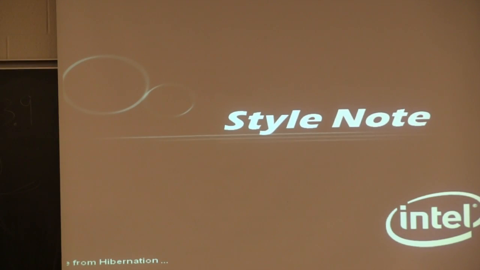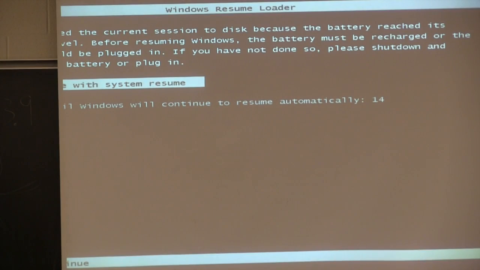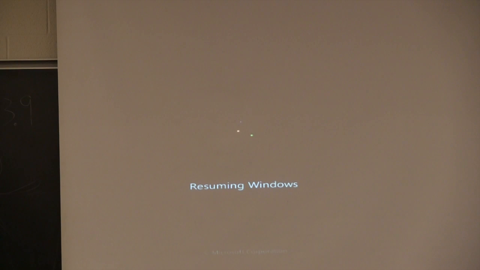Now, if this was a Lisp machine, of course, it would have already been running again. Not much. Seriously, any questions?